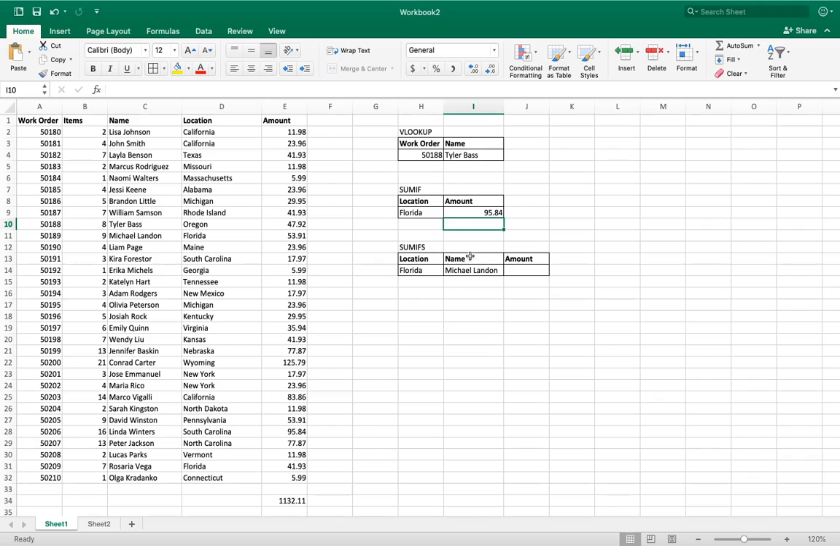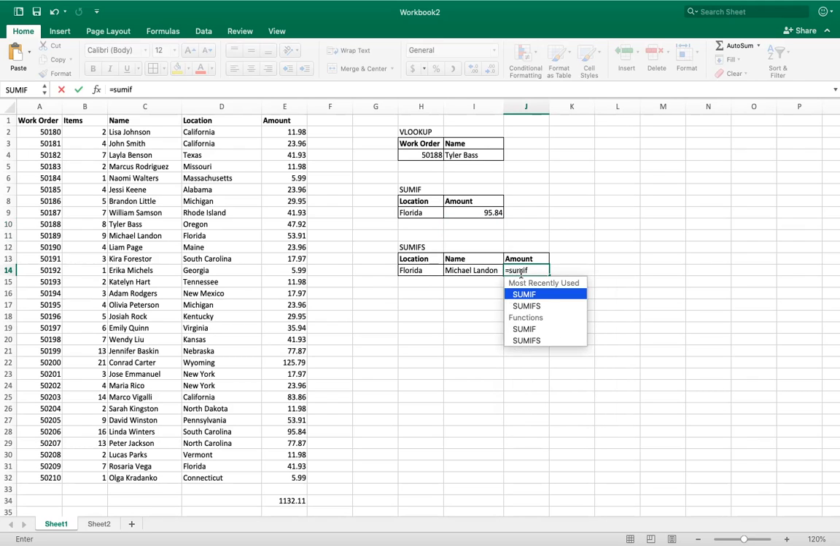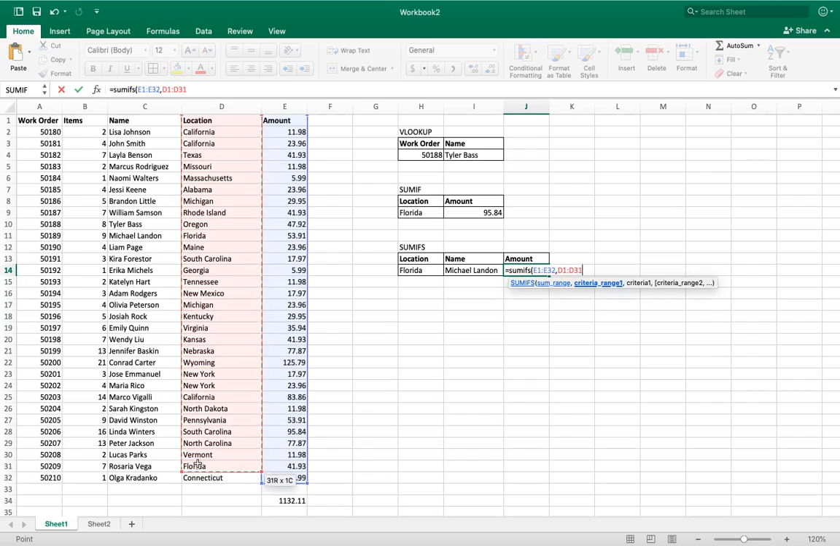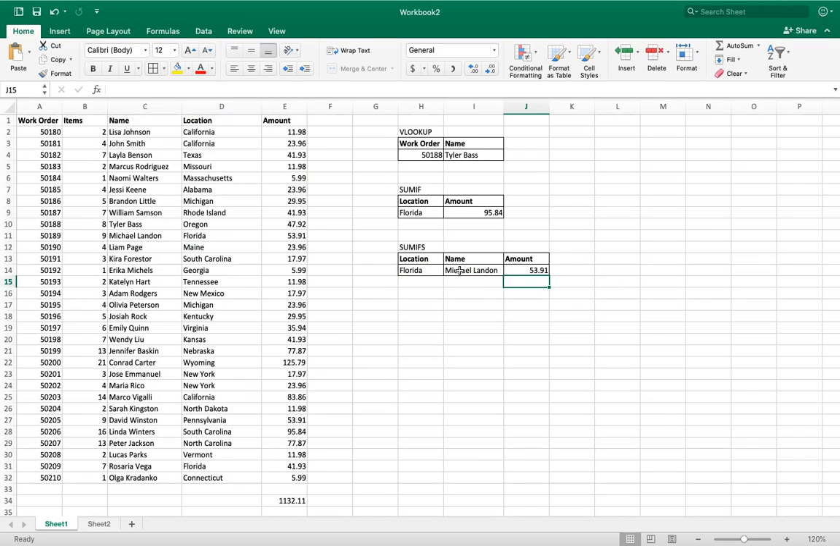Now let's say you have an additional criteria, so the location would be Florida and the name is Michael Landon, and you want to find the sum for everything that meets that criteria. You do equals sumifs. This time you do the sum range first. Then you do the criteria range for the first criteria, which is location. And then the second criteria is name. There you go. And the sumifs can have